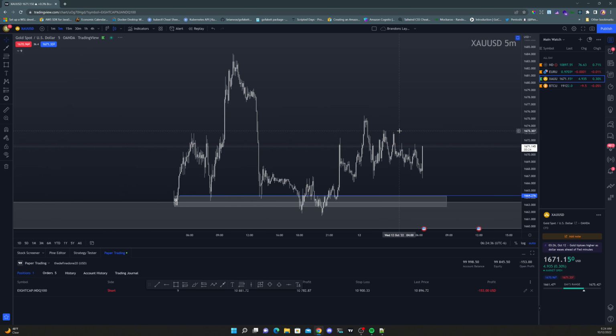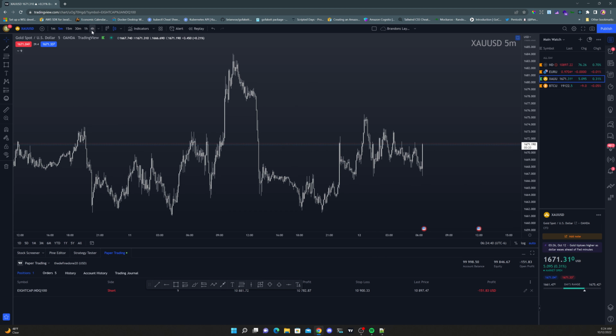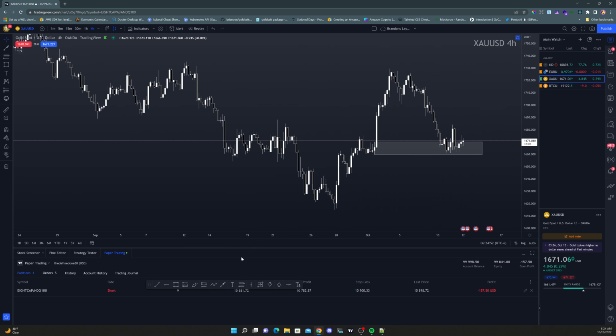NASDAQ, we're a little bit down. So on gold, let's go ahead and reanalyze gold. Let's go to the 4-hour. Okay, gold, it looks like it's stopping here on this particular zone. It had a slight pullback, so you could say, oh, it's in this area right here, right? Because we had price,